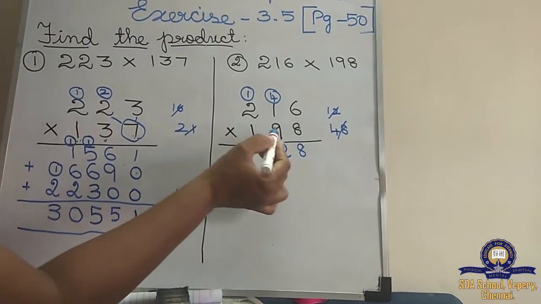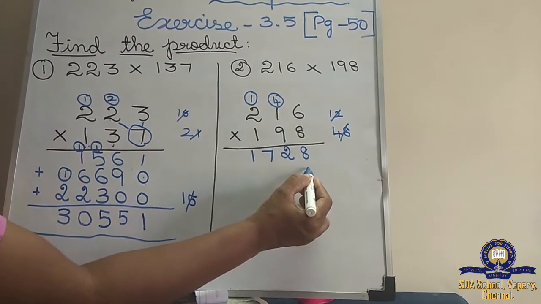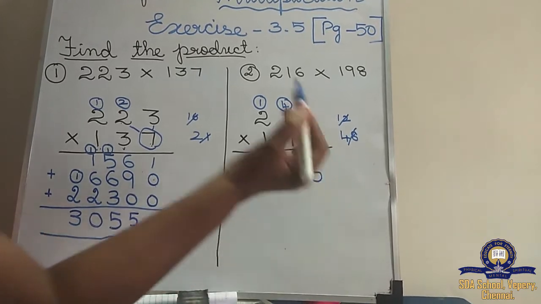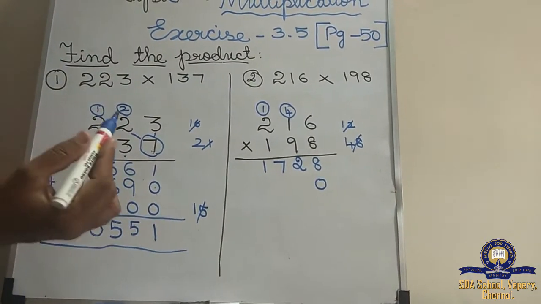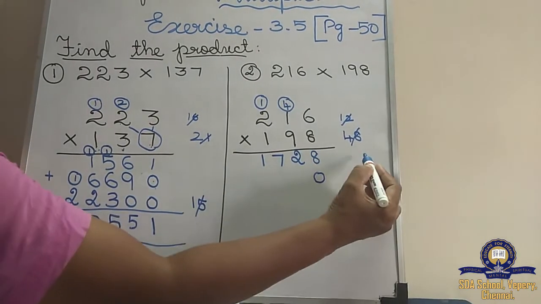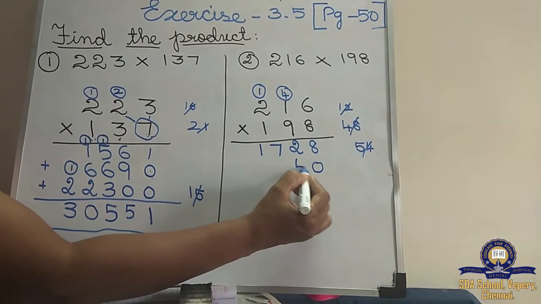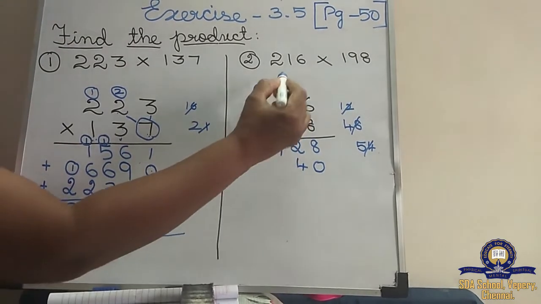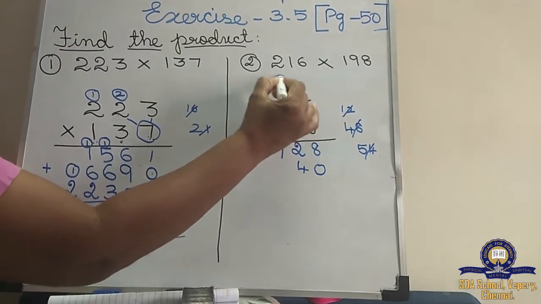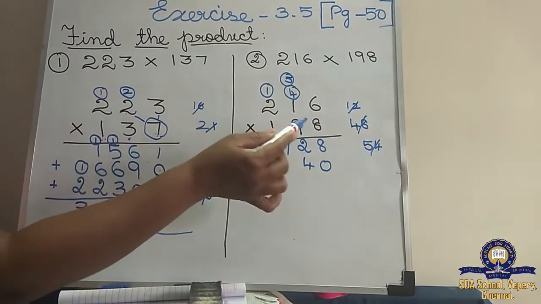Now we are going to multiply 216 multiplied by 9, the tens one. So automatically, children, what do you have to put here? 0. You have to put 0. And 9 6s are 54. So put 4 here and 5 for the tens. So only I told, if you leave a line, it will be very easy for you. Understood, children?